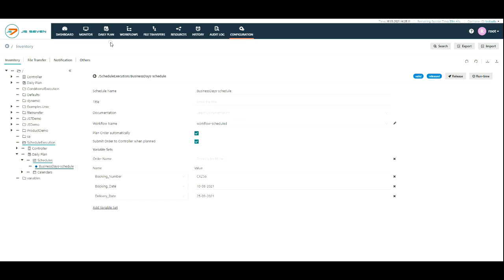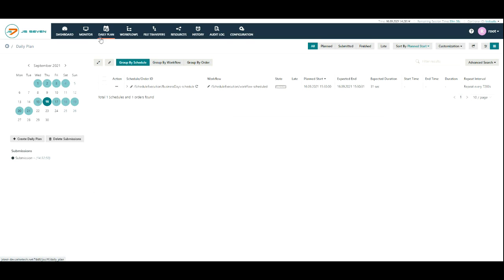move to the daily plan view. Select the date and click on the action menu of the order.